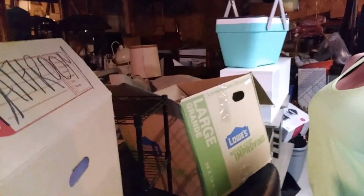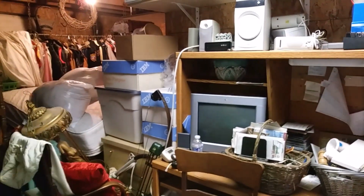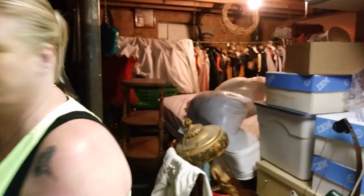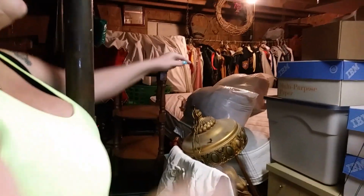Everything else is your mother and father's. So I have gone through here. You could see this. You didn't used to be able to see it. But I went through and I threw away probably 20 big lawn and leaf bags full of garbage. And that's their clothes. That mattress belongs upstairs. But they put their bed upstairs, so now I wish